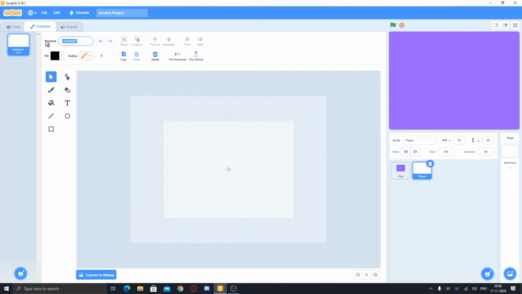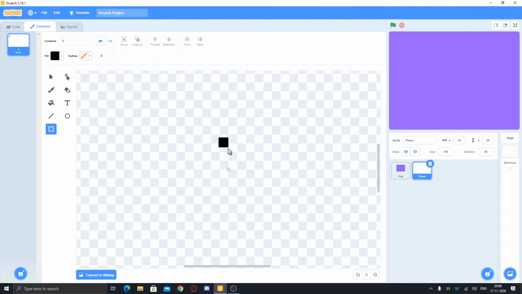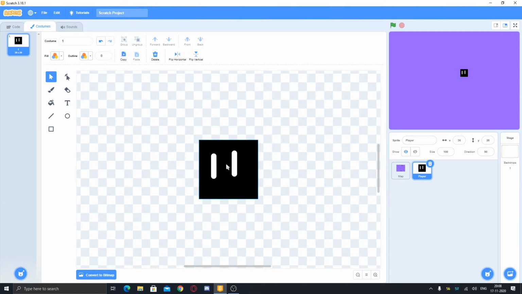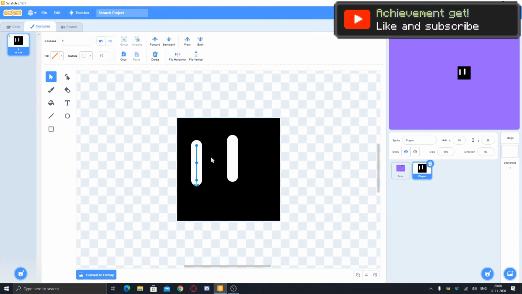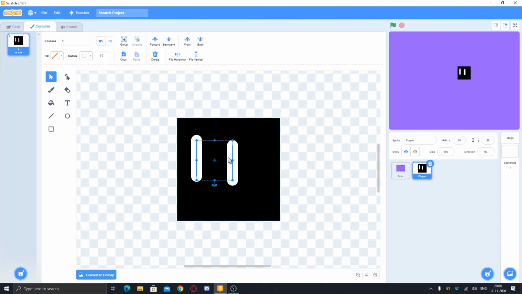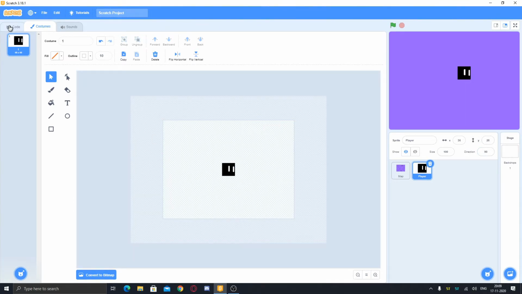So now we will make our player. It can be a simple box and it can be a fancy player. It is up to you how you make it, and let's make it. So you can see I made one player here. So now this is my player. So now we'll move it. First of all, make sure it is pointing in the right direction. This one, like this. As when we create a sprite, its direction is already set to 90. So we can adjust it like that.